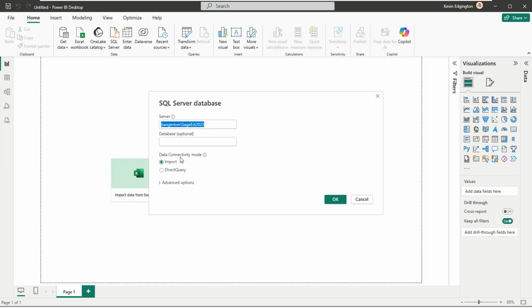And then what type of connection do I want? So import would just import the data in. And the only drawback with import is it's just that. It's whatever snapshot of time I imported. It doesn't update automatically or anything like that. So in this case here, I want a direct query. So later I'll be able to refresh this as people are doing estimates and things like that and be able to see these reports in real time and so forth.